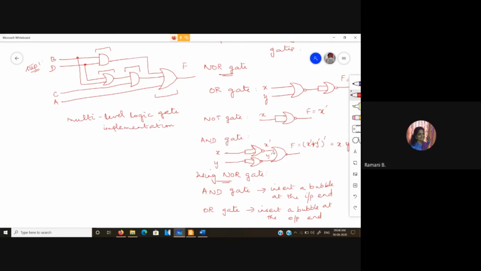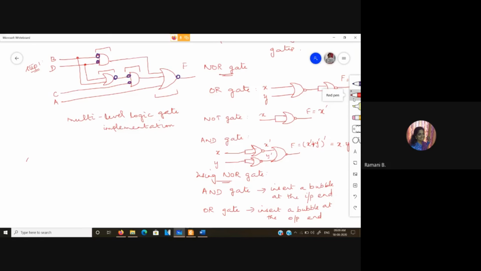Okay, so I am going to insert a bubble over here. That is both the input terminals. I am inserting a bubble in case of AND gate. So here we are having two AND gates. So let us put the bubble, or let me change the color of this. Okay. So here I am inserting a bubble. Here I am inserting a bubble at the input end. And for OR gate, I am inserting a bubble at the output end. That is the first step.